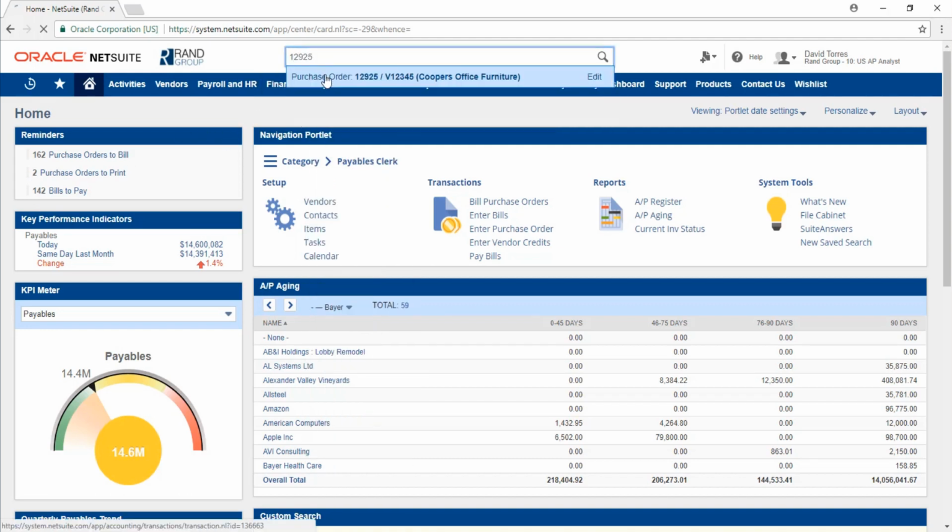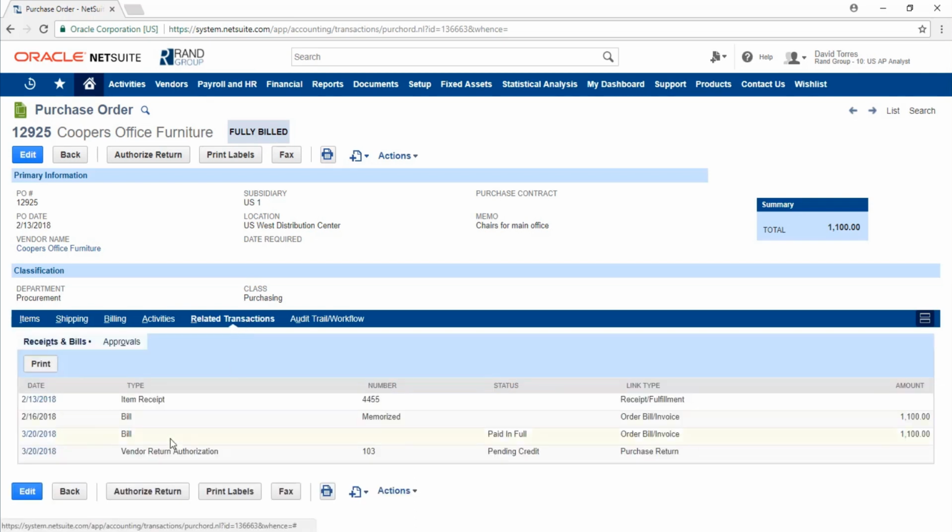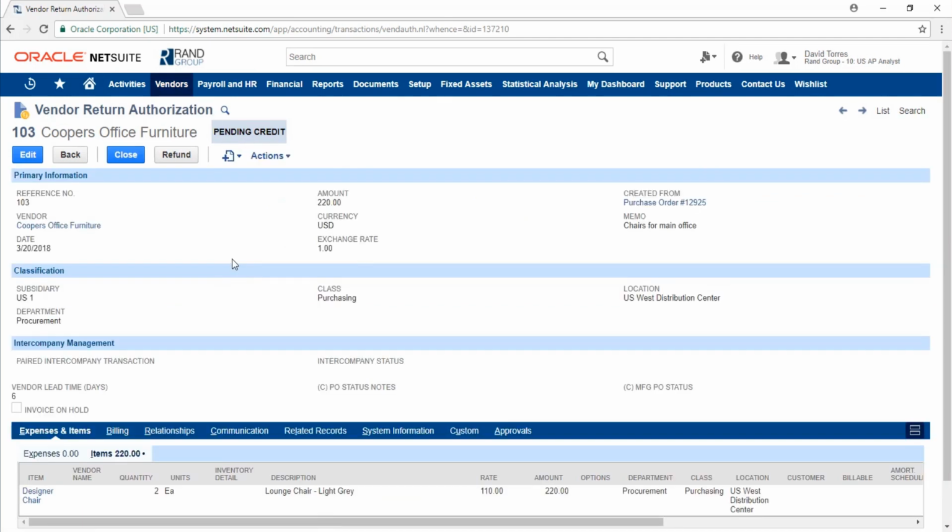I'm going to use my global search bar to open my purchase order, and here we can see the 10 designer chairs that were ordered from Cooper's Office Furniture. 2 of the chairs that came in had broken chair legs, so we returned them. We can see this under related transactions and vendor return authorizations. Our vendor return authorization is currently pending credit, and to create that bill credit, we need to click this refund